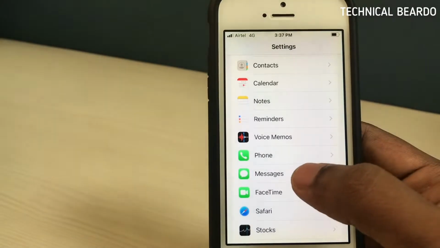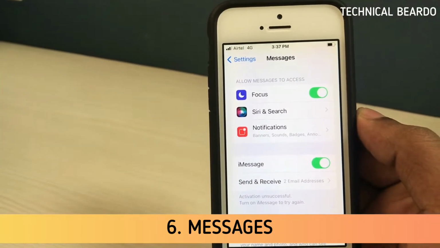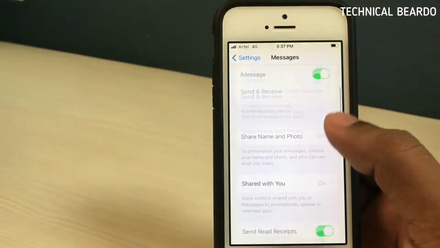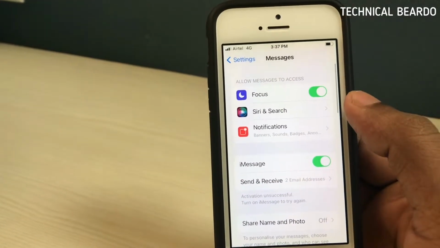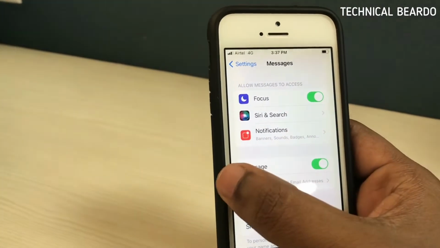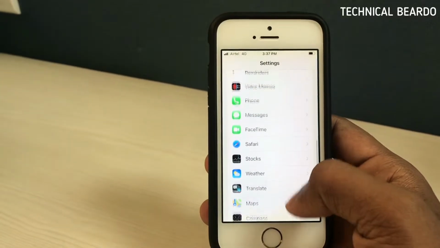Next we'll talk about your Messages. If you open the Settings application and go to Messages, there is an addition of a feature, that is Focus or DND. So now Messages can be used in your Focus or DND for customization. Basically this will be used to send an auto reply while using DND mode or Focus mode in your device.